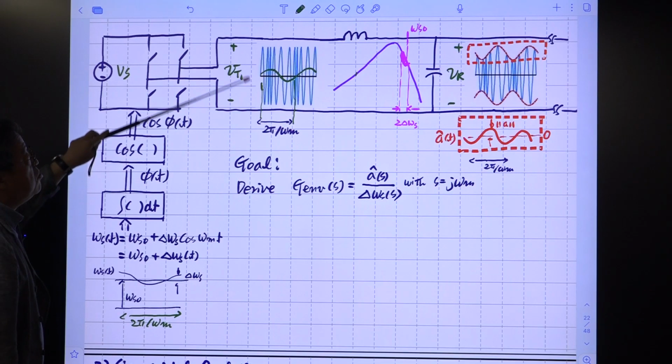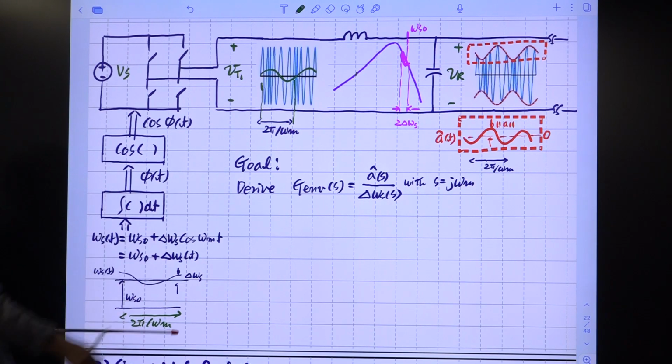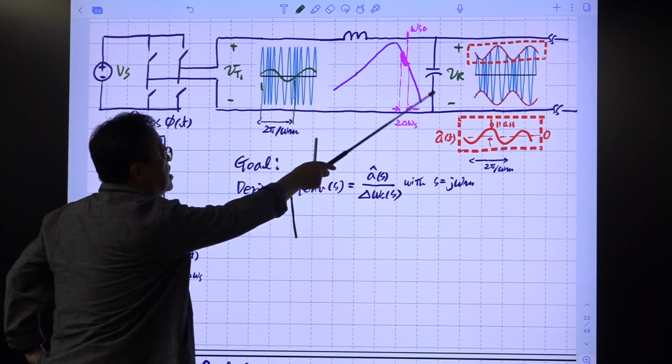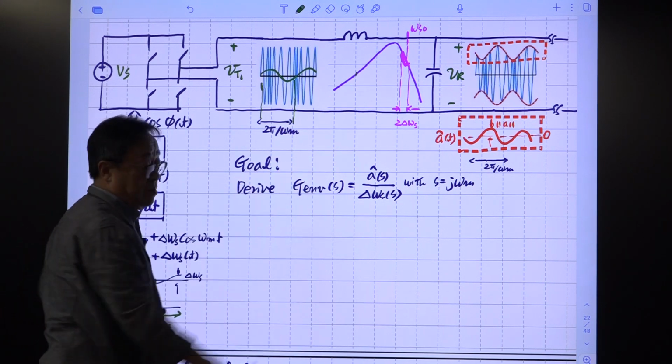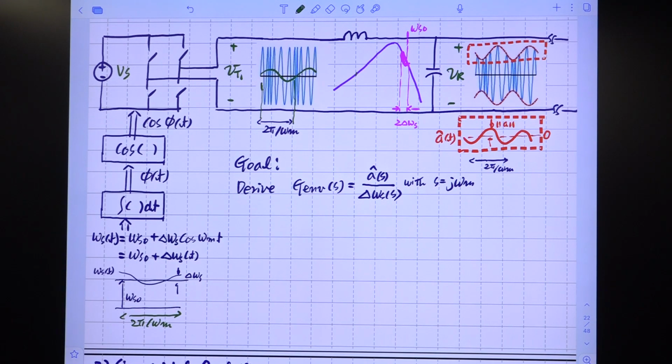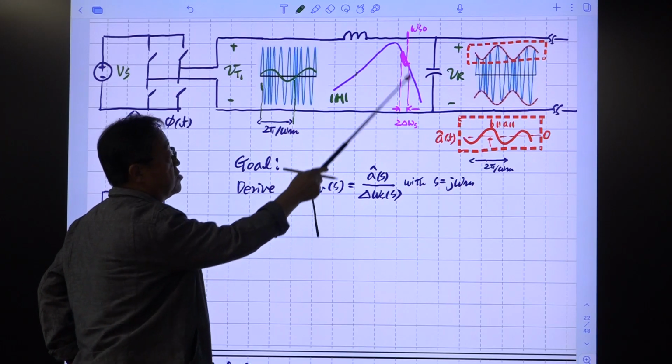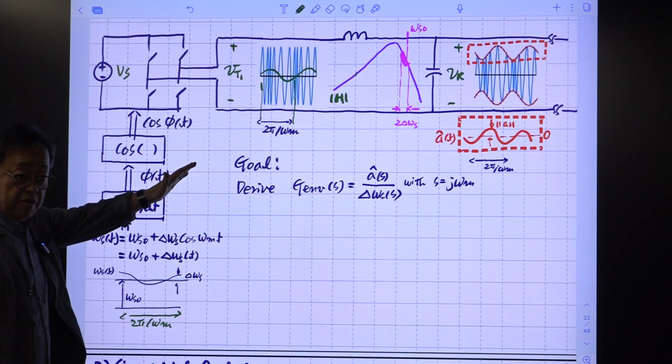Okay, this sinusoidal waveform is entering through this resonant tank circuit. So LC, and this is the tank transfer function curve. So magnitude curve. So this is H magnitude. H is the transfer function from the sinusoidal input to the sinusoidal output. Okay. So it looks like something like this, right?